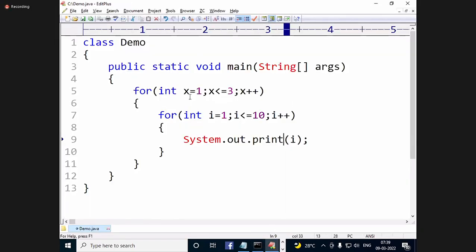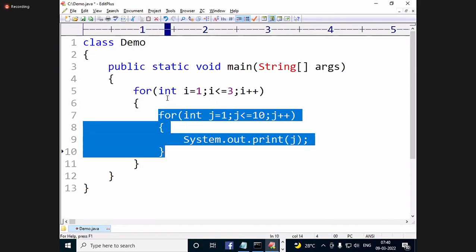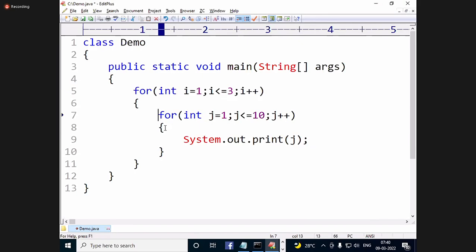Now, observe: this variable is i, and if I write j, it is j. If I write j, 1 to 10 is printed 3 times. Suppose if I print i, what is the output?